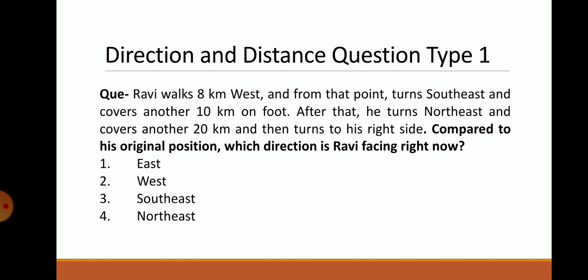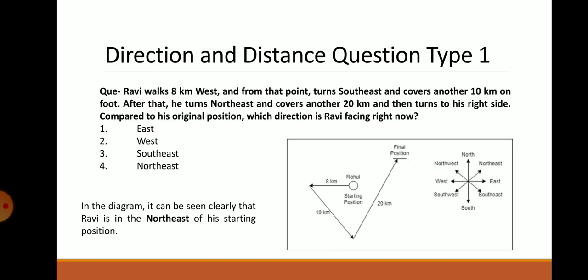Some options are given. According to the given problem you have to draw one diagram, and it need not be a scale diagram, but it should be an approximate scale diagram. Approximate diagram should be drawn, because in this kind of problems these lines have a large weightage, because if you draw a different dimension line there may be a change in the direction also. Therefore carefully you need to draw this diagram and tell the final position.